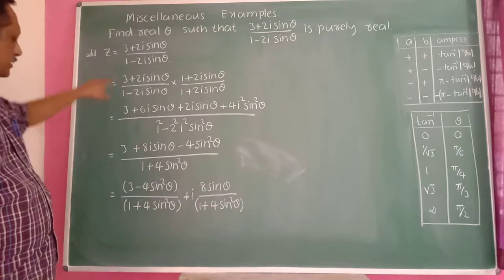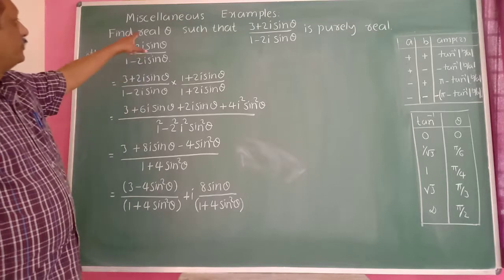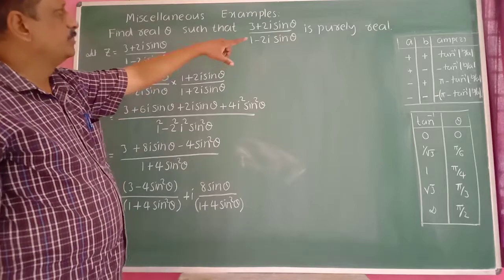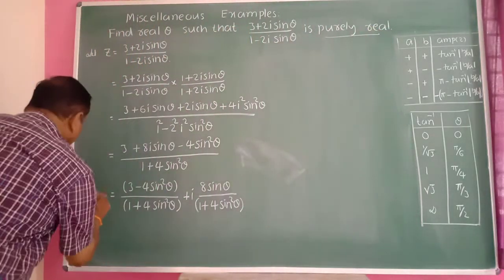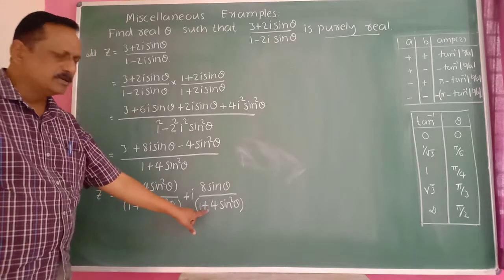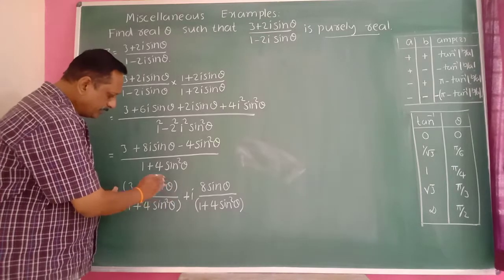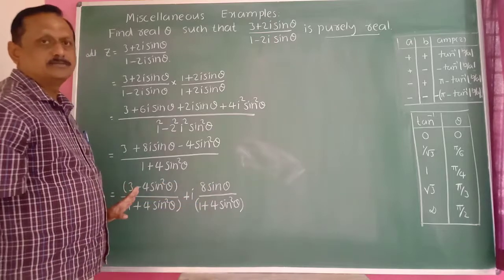Yes sir, z is equal to this one here. Therefore, here they have given that it is purely real. Find the real theta such that it is a purely real number. So z is equal to this, the complex number here. This is a real part, this is an imaginary part. Here z becomes completely real. It remains only this term when this becomes 0. Then the imaginary part becomes 0.